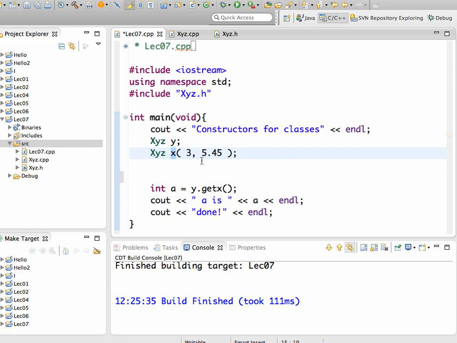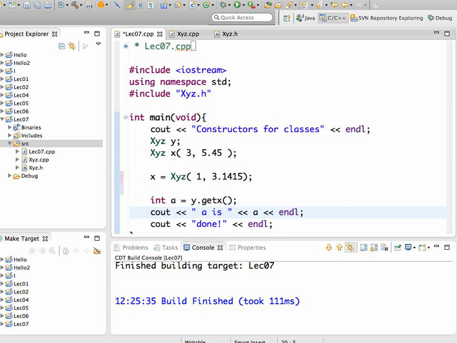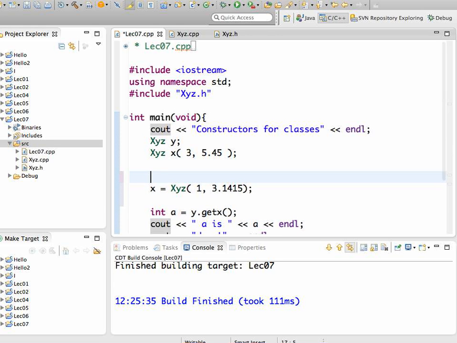So now we're going to say, well, what we really wanted was an object X to have XYZ with the values 1 and 3.1415. And this is perfectly fine. And let's say we test it out. First over here we say